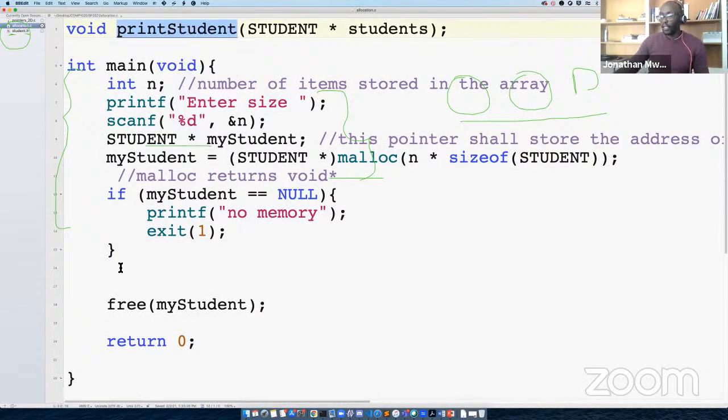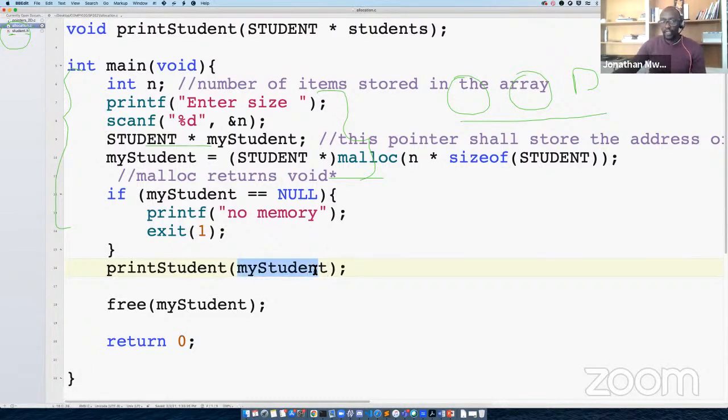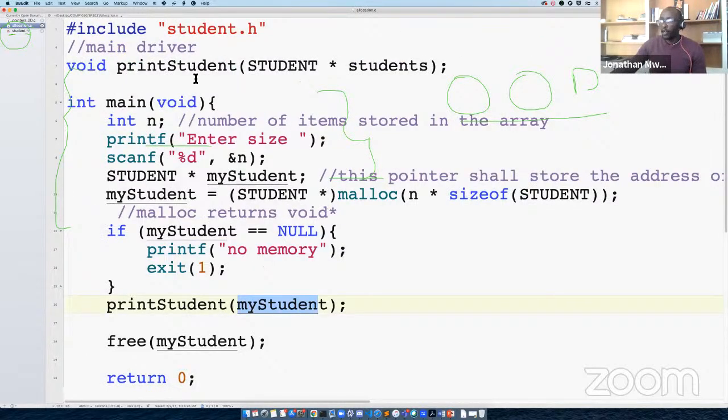I'll call it here, print student. I'll paste it here, and then I pass my student. Remember, I do not need to pass the address of my student, although the function print student receives a pointer, my student is a pointer. In any case, even if my student was just an array, the name of an array is a pointer to the first item, so I don't need to do that.